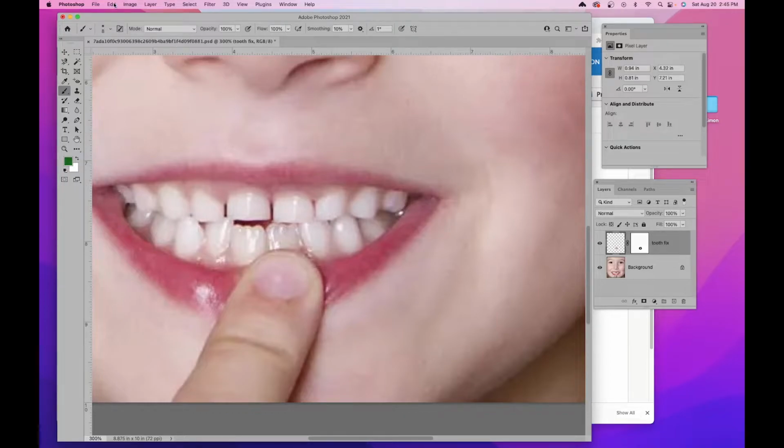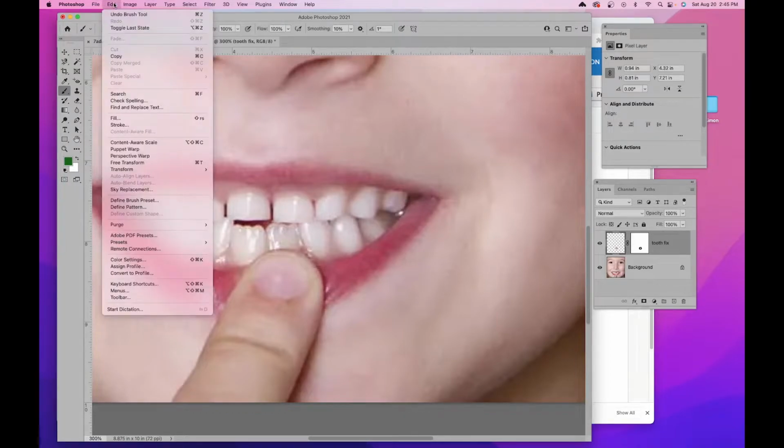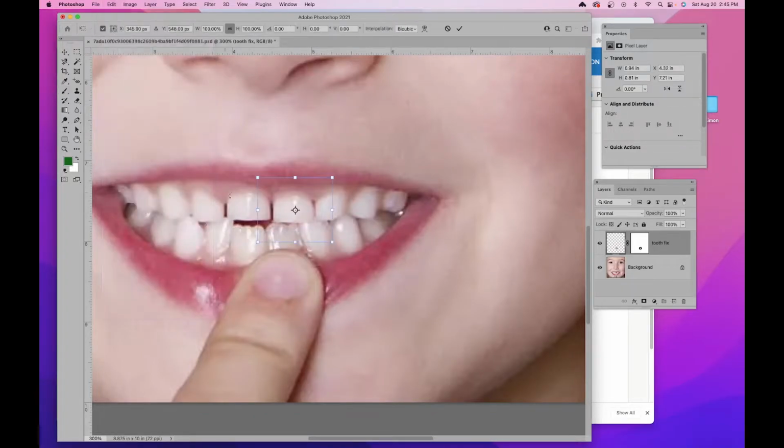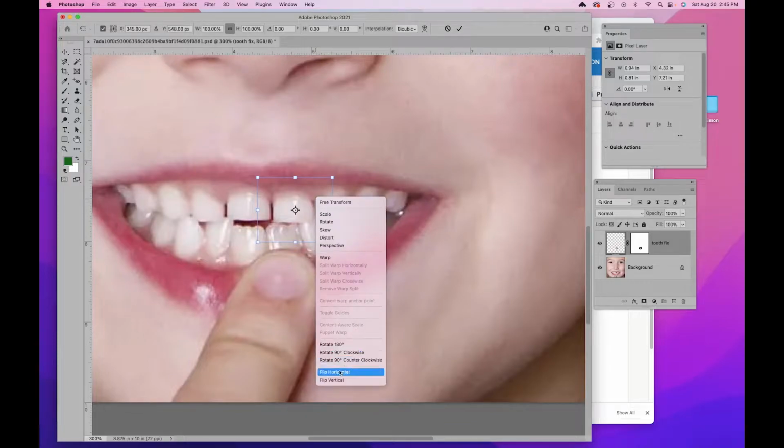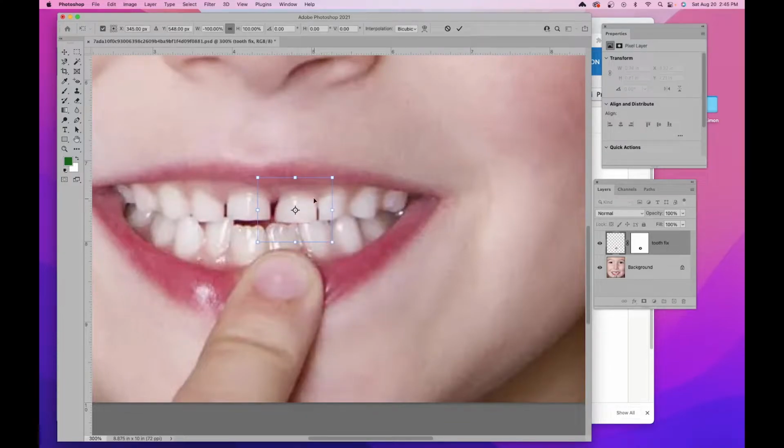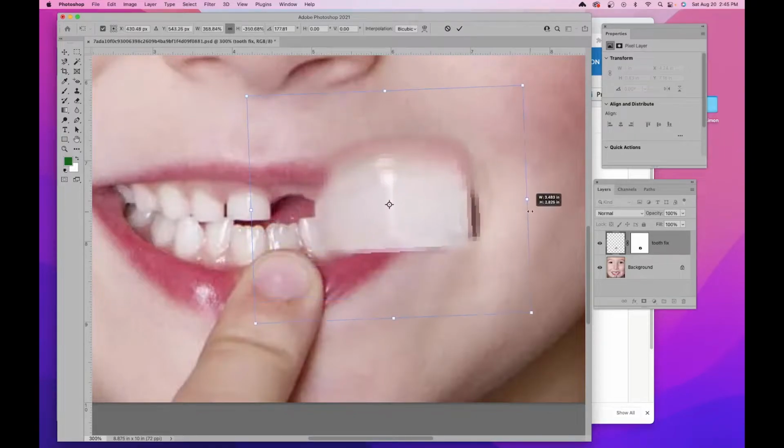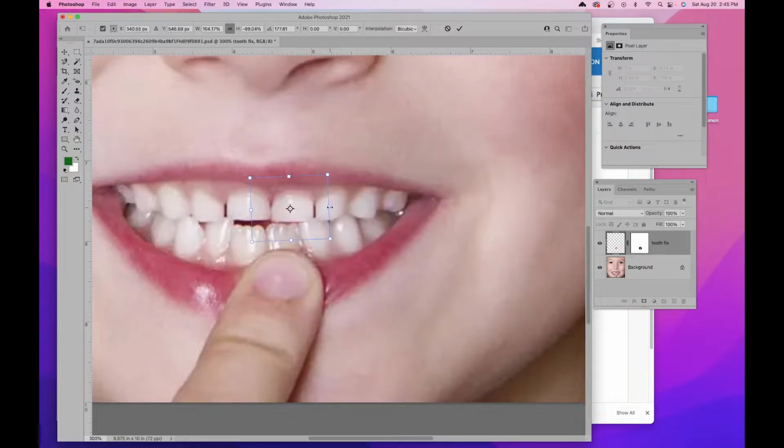And then now if we do our transform tool, which is either Edit and go to Free Transform, or Command or Control T. And then if we right click on it, we could flip it horizontal, and we could manipulate it there, rotate it a little bit, we could make it a little bit bigger that way. Hold Shift if you want it to just stretch to the side like that, because if not, it's going to bring it up proportionally. I'm going to do Command Z to undo that,